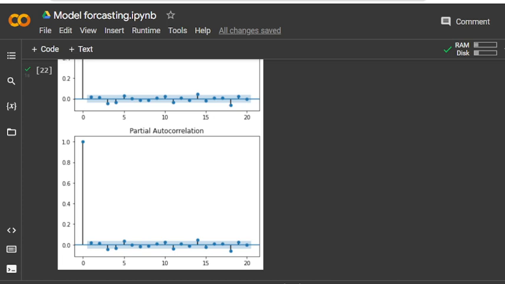So if you are confirmed about the stationarity of the differenced series, then we have already plotted the autocorrelation function and partial autocorrelation function. And there is not a very clear pattern.